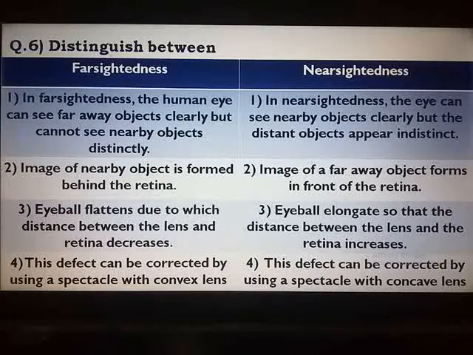Or they can take any one example from the class that there is so and so child in the class who is not able to see the things written on the board but can write clearly in the notebook. What defect is the child facing, what are the reasons for the defect, how it can be corrected. So these are the different ways in which this topic can be asked in the exam. So page number 88 and 89, 90 are extremely important from the examination point of view. Prepare it in all the ways along with diagrams.